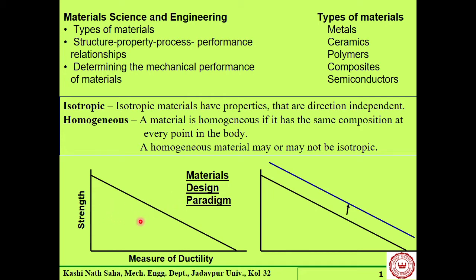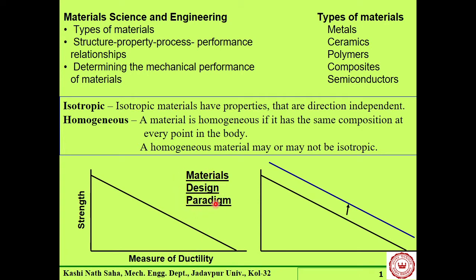A particular material has a measure of ductility, which is the measure of its deformation capability. So stress into strain gives us energy per unit volume. So if we use that particular plane to represent a material property, say this particular line represents a material property in the strength versus ductility plane,